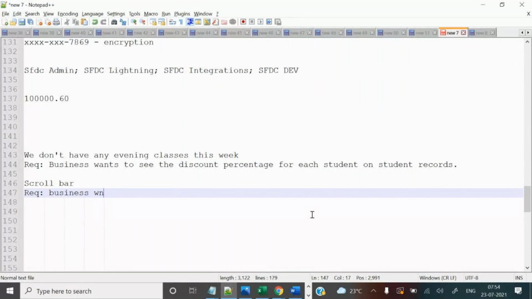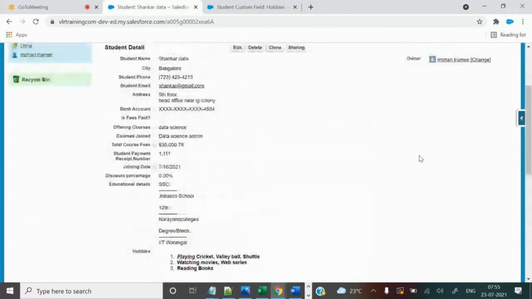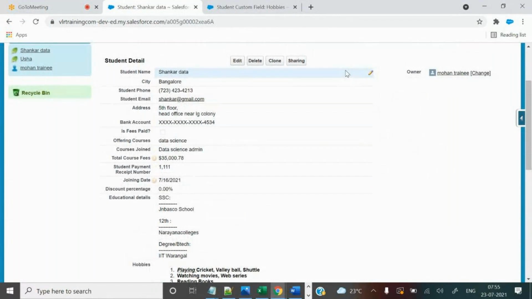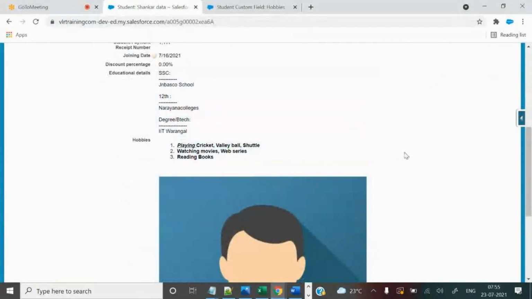Like if any company wants to give training for their freshers, fresher candidates, they can contact me. And we will store their details here, like how we are storing other student details also, our institute business people will store company employees' details also. But what business wants to store, along with this, is the company website also. If these people are referred from a company, they want to store the company website also.